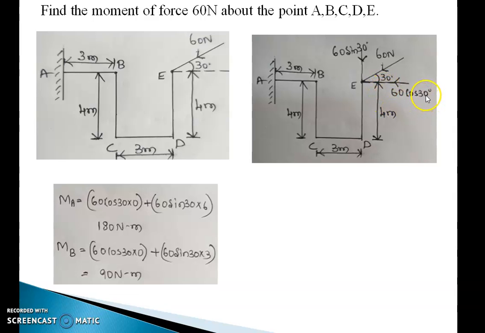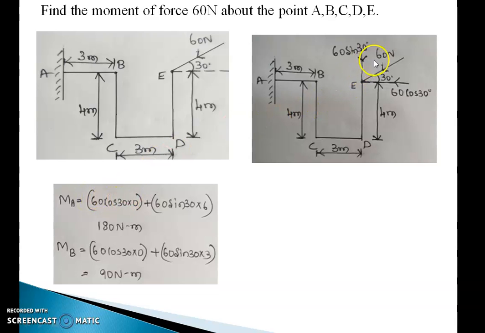60 cos 30 is a pure horizontal force, which means I need the perpendicular vertical difference between A and E. In fact, A, B, E are at the same level, so there is no perpendicular vertical difference between A, B, E. I need the moment about A, A is my moment center. So the moment of force 60 cos 30 about A is 0. So 60 cos 30 into 0. Anyway, I can add plus or minus, so I just keep it as a plus.